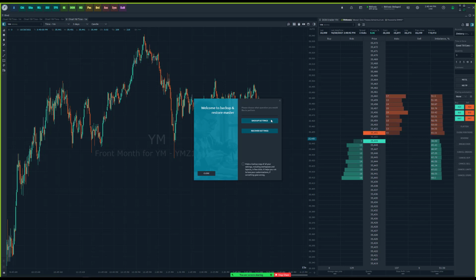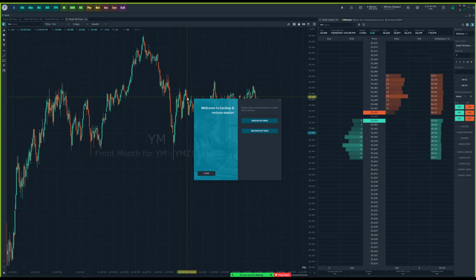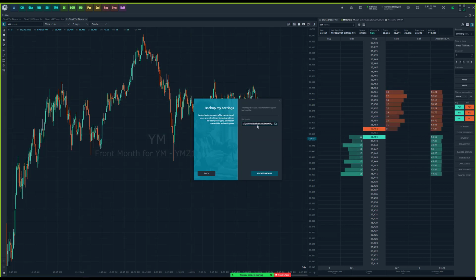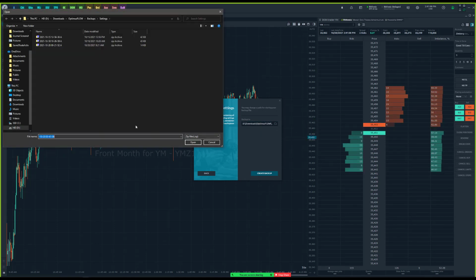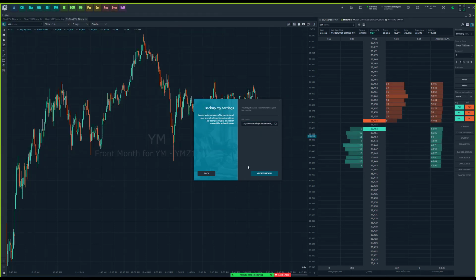One, if somehow something ever happens to your computer, it gets corrupted, or maybe you want to use multiple computers and one day you configure your workspace on one computer and then realize that you don't have that same workspace on your other computer, or just if you want to have a backup, all you need to do is open up the backup manager, click on backup settings. You can designate a file path here. You can name it whatever you'd like as well, and then all you need to do is just click create backup. You'll see Optimus Flow will take a couple of seconds here to save it,